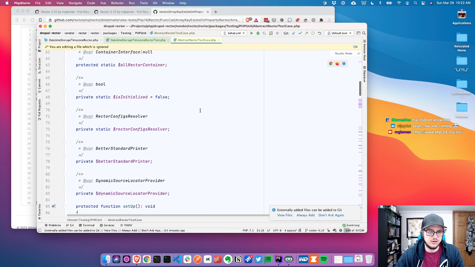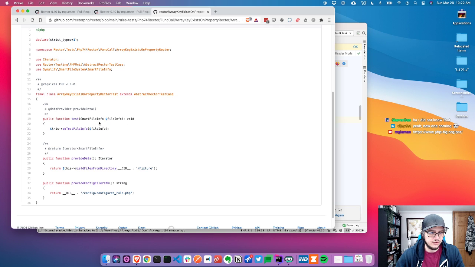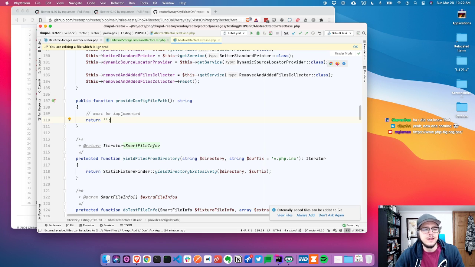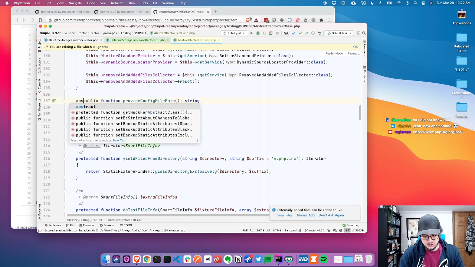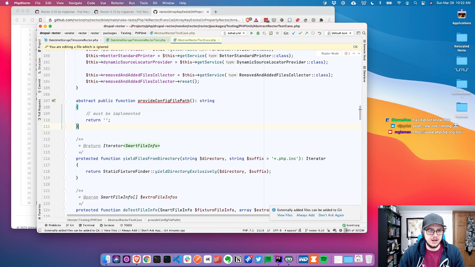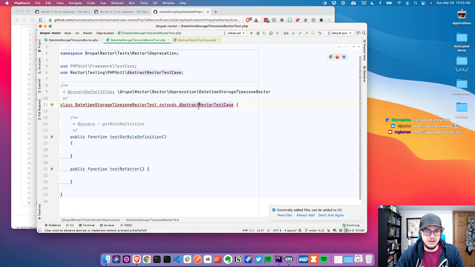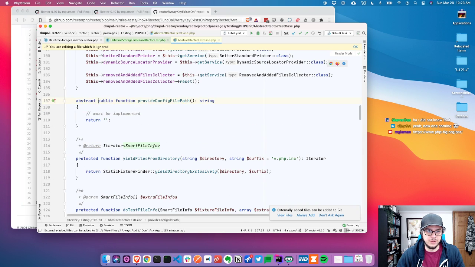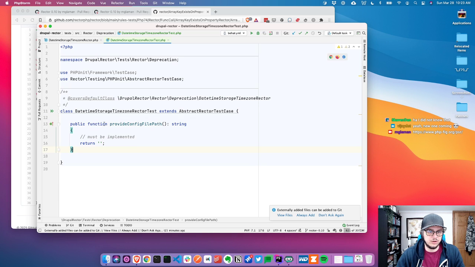It's abstract, but what do I need to run? So provideConfigFilePath. Okay, so that needs to be done. It says must be implemented, which is weird, but normally you would say it's abstract. Yes, I want to edit it so I can show. Typically you have abstract like this, and then it will throw an error that needs to be implemented, but it's kind of a silent thing going here. So we're going to actually just delete these generated ones,